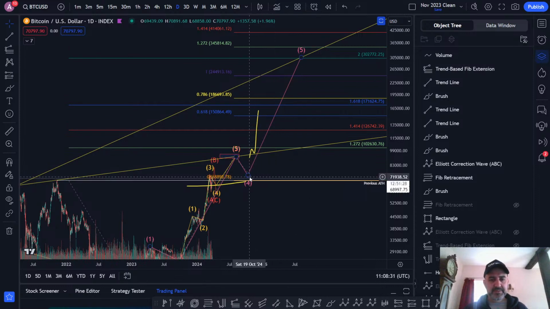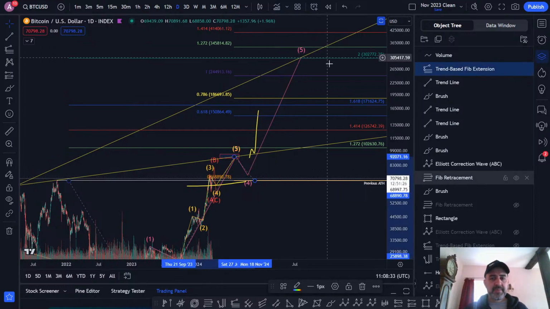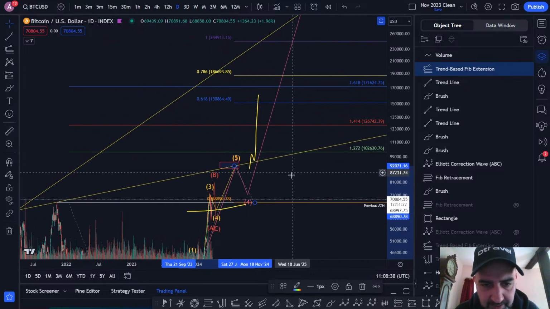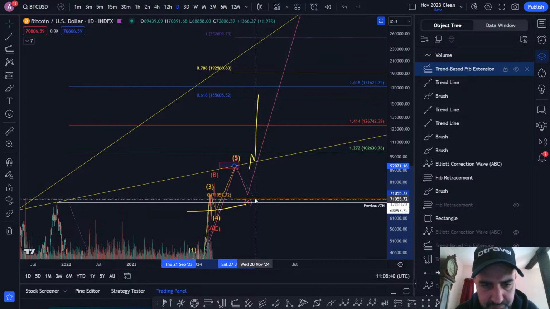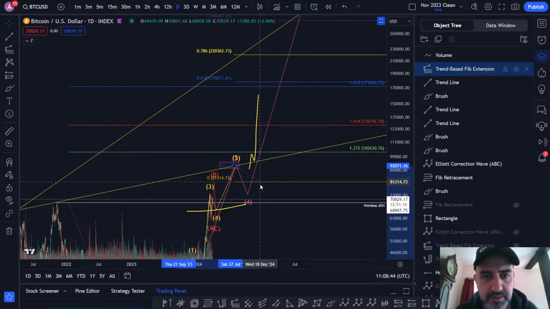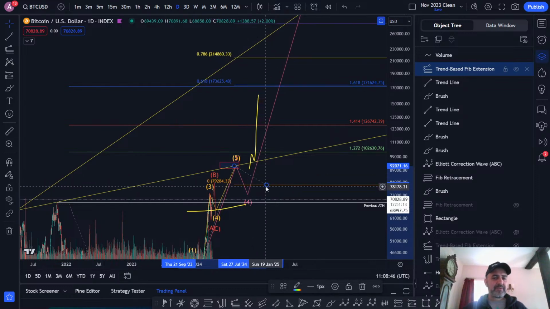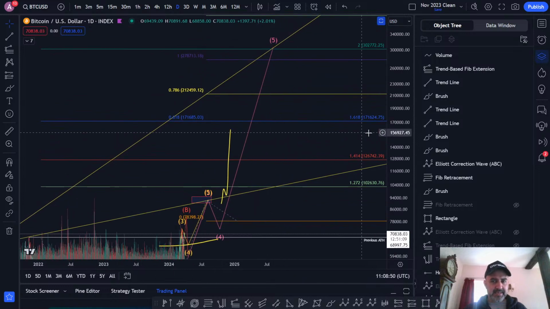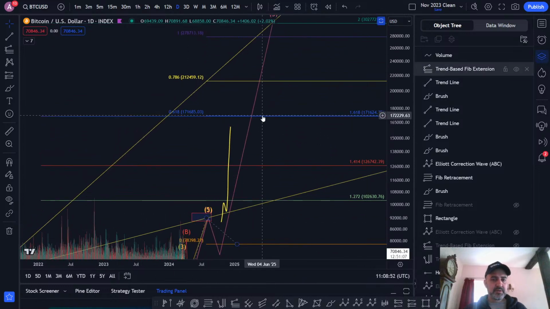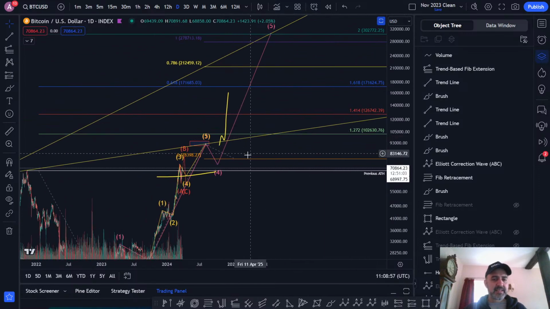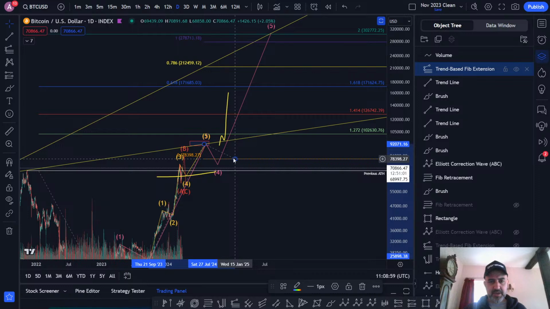Then you'd have to see if there are any fibs that line up, and that would probably be the best place. At the moment, this idea doesn't line up anywhere. You just have to see. We just have to see where the wave 4 completes. And wherever it does, you'll suddenly get an alignment of fibs, and that will probably be the target, because that's where people will sell, when you have an alignment of fibs on the higher time frame.